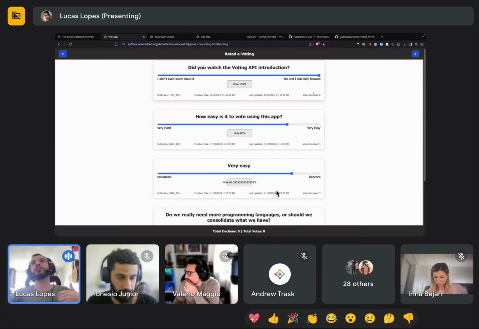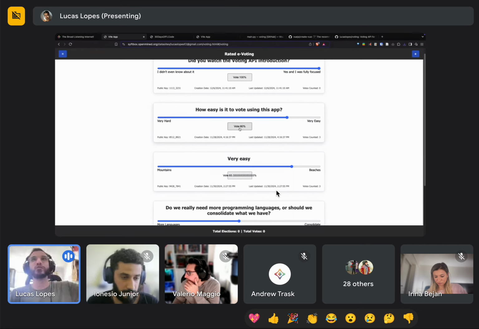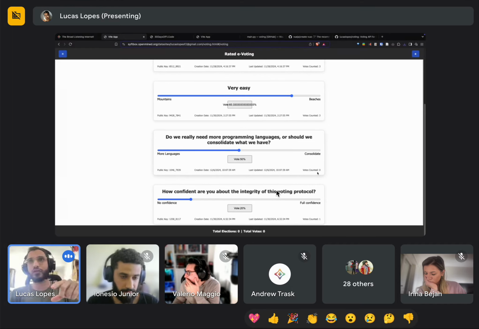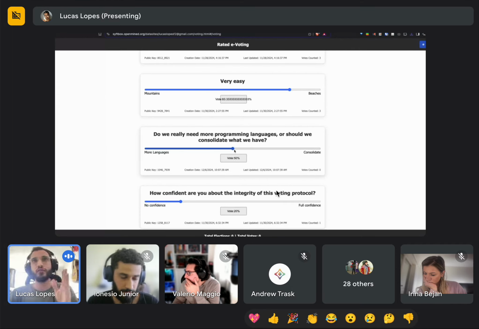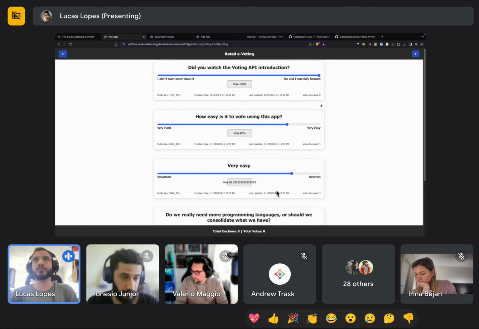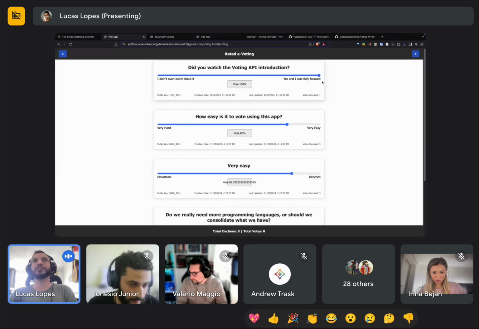Now, once in 10 seconds, it should appear like vote counted 1. And what is really interesting also is that the outcome of the current election is shown as the default for the sliders. So here we have no votes yet. That's why the default is 50%. But in the other ones, it's showing the vote counted. So let me refresh and see. Yeah, you can see that vote count equals 1. Okay, and you see that 100% so far.